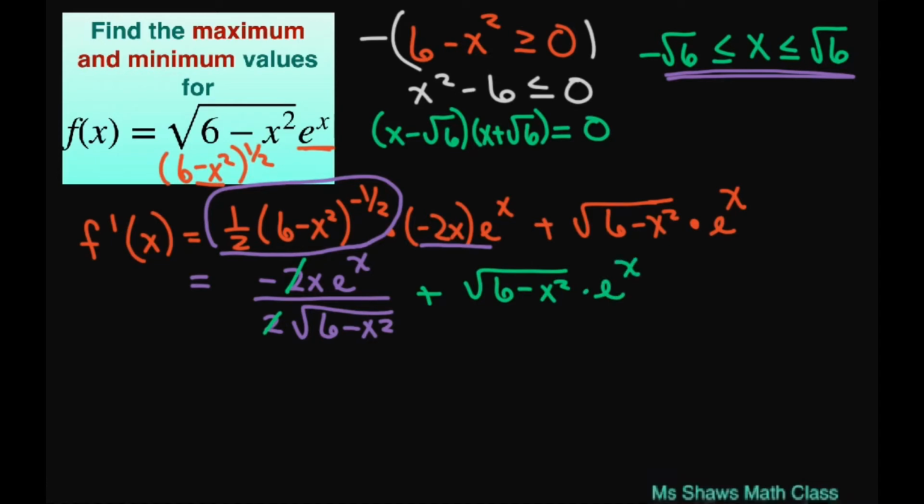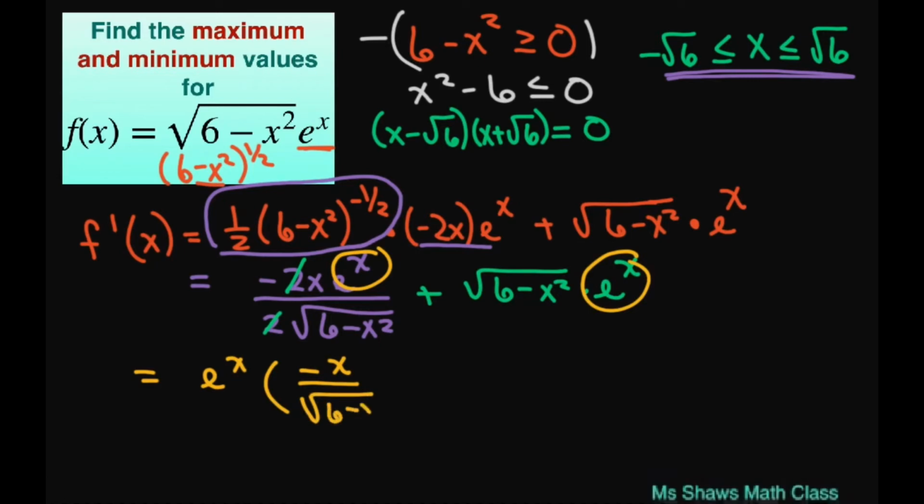Okay, from there, let's go ahead and factor out e to the power of x, because they both have it in there. So that's going to give you e to the power of x times negative x divided by square root 6 minus x squared